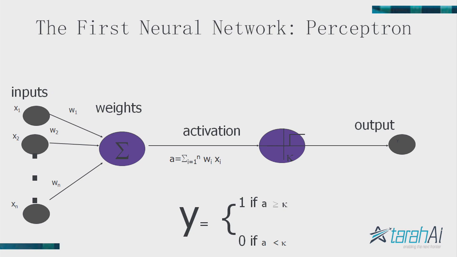Are you able to get an answer for W1, W2, W0 and K? Can one of you tell the answer? Each of W is 1 and K is 3. K is 3, okay. 1, 1, 1 and 3, and the remaining, anything is 0. That's also fine. You have got it? W1 equal to 1, W2 equal to 1, W0 equal to 1. If you add all 3, it becomes 3, greater than or equal to 3, so it gives you 1. If any one of them is 0, it falls less than 3, so it is